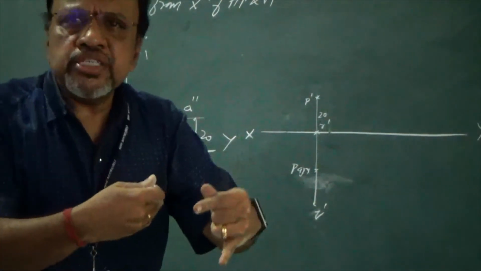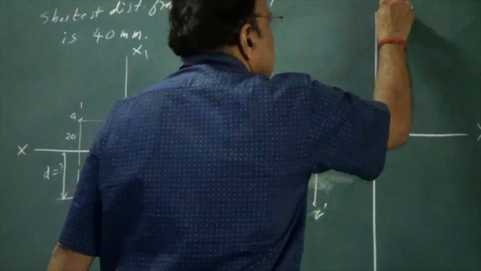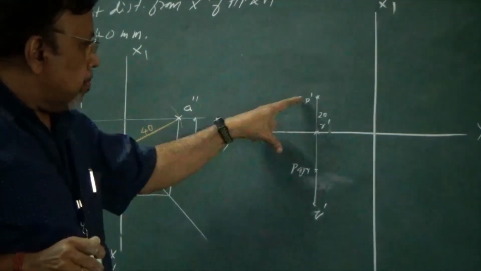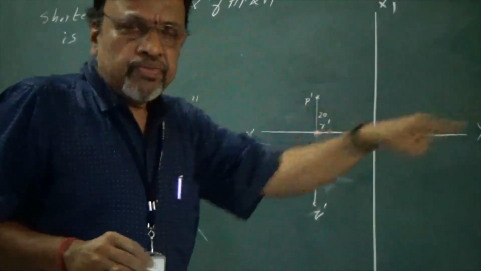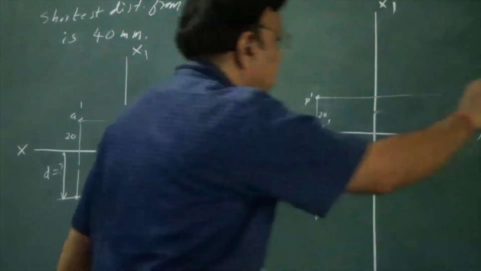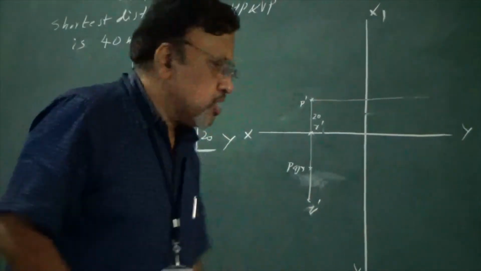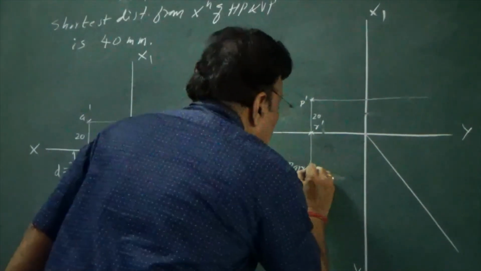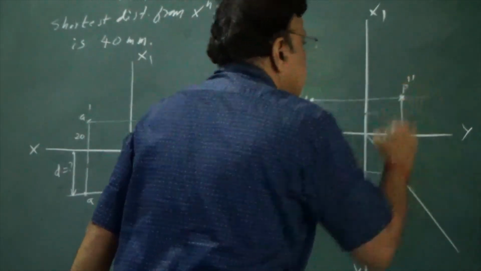Let us say I will not give any distance, so I can take a convenient distance. I will draw this x1, y1. Now concentrate only on point P. Wherever you have this point P, the P dash and P double dash should be on the same projector. So P double dash should be on this projector. And the top view is below the xy line, so I should draw this particular line here. Then I will draw the projector like this, so that I will get this point to be P double dash.